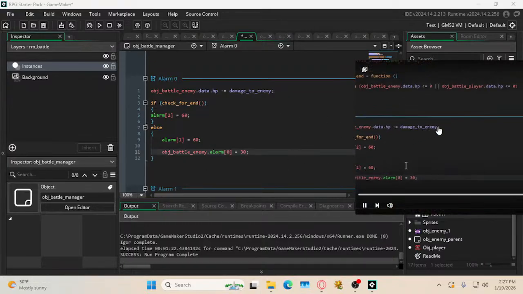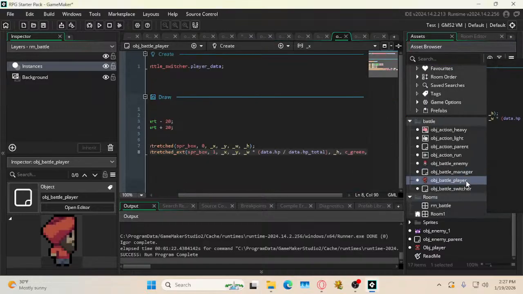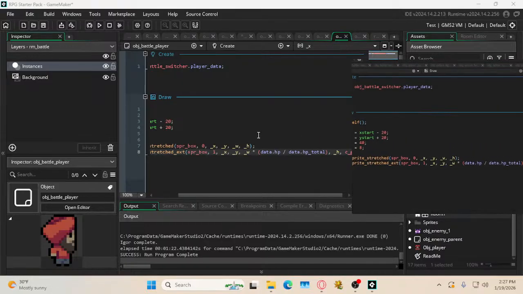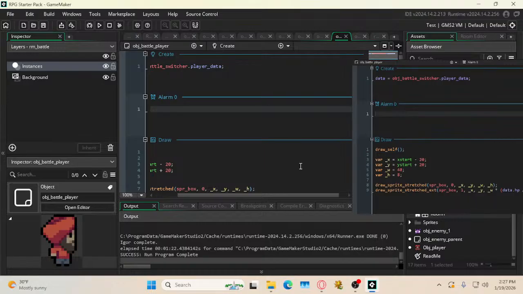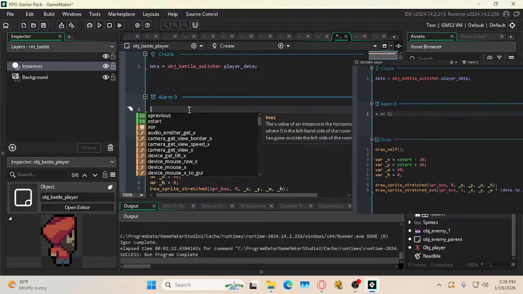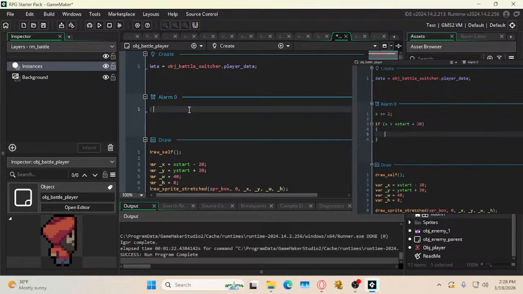Let's work on the player's animation first. For that, let's go into OBJ Battle Player. Let's go and add the alarm 0 events for the animation. This alarm will run every frame until the animation is finished. Here we're gonna increase the X position by 2 so it moves to the right. Then we check if it has moved 20 pixels to the right of its starting position, and in